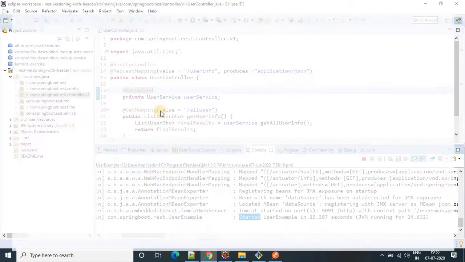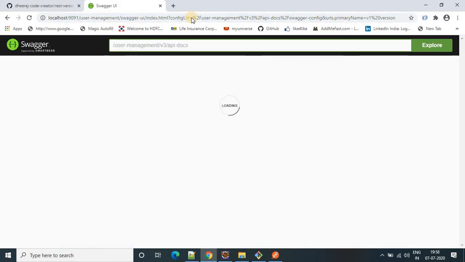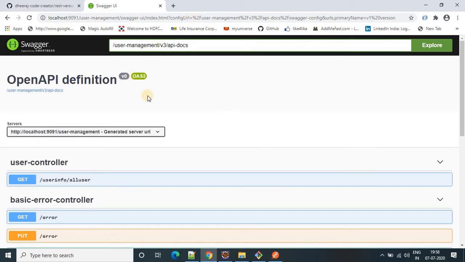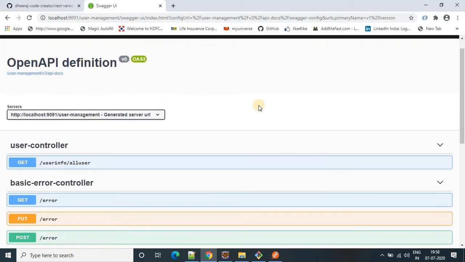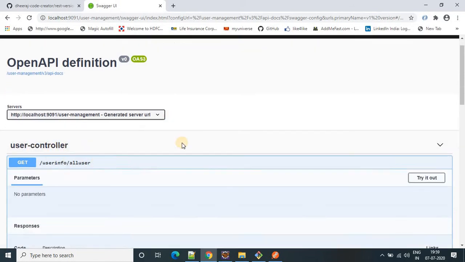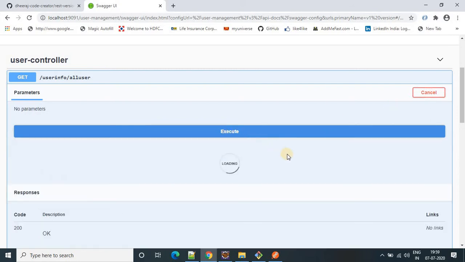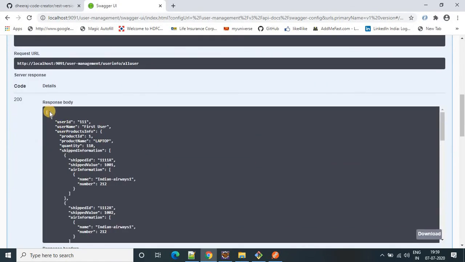Now come to the browser and refresh the URL. Currently my Swagger looks like this. I have one controller, the user controller, and this is my endpoint. Let me hit this endpoint and check whether the application is working or not. Yes, we are getting a 200 response and the application is working.